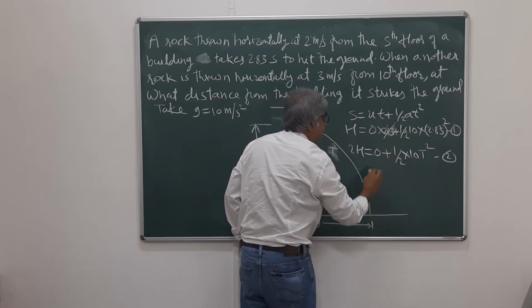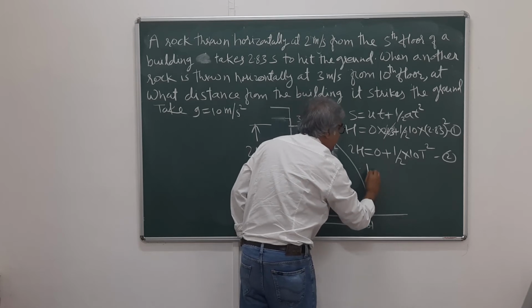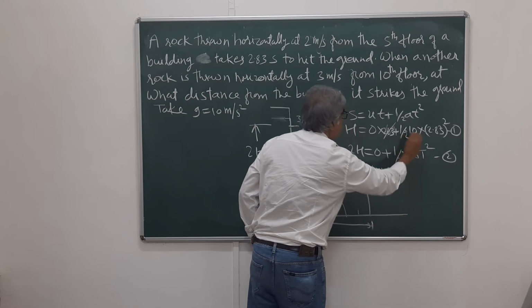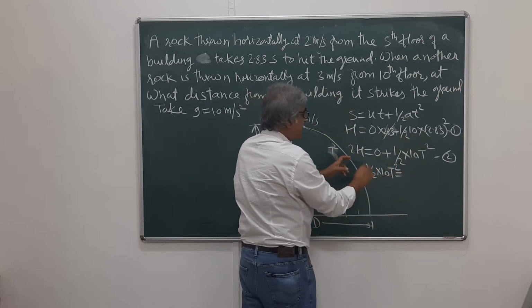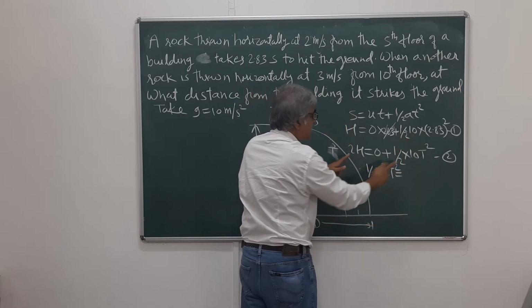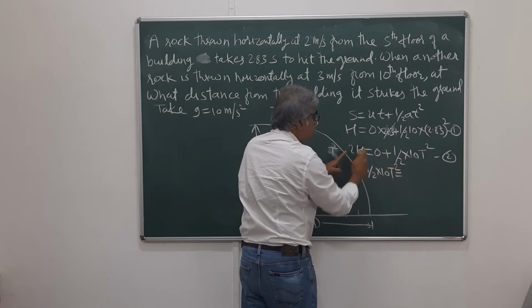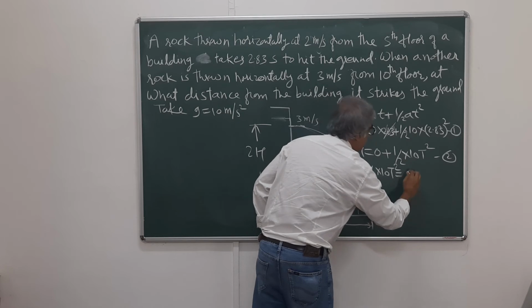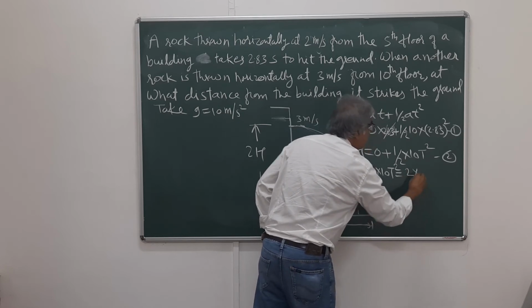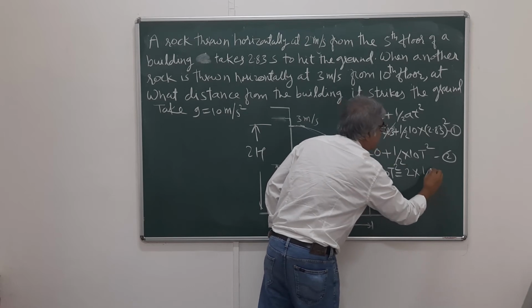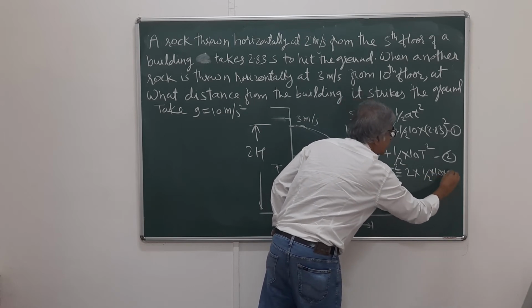Basically substitute here, half into 10 T square is equal to, please note what we are doing, I am writing here 2h. So this is h, so this is 2h, so this will be 2 into h, h is this, half into 10 into